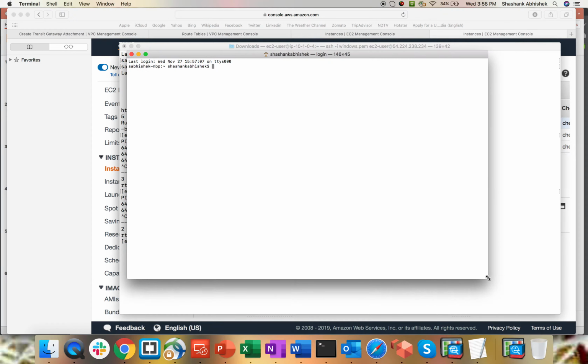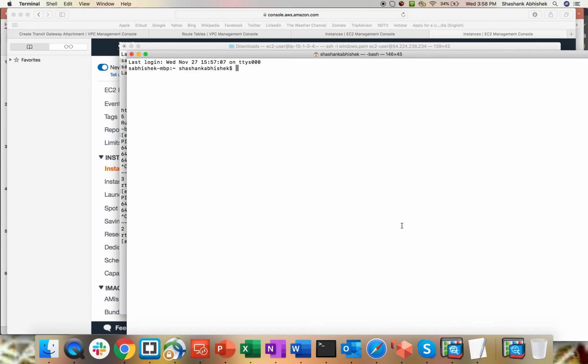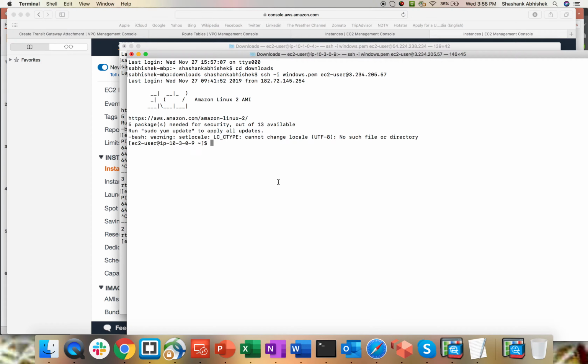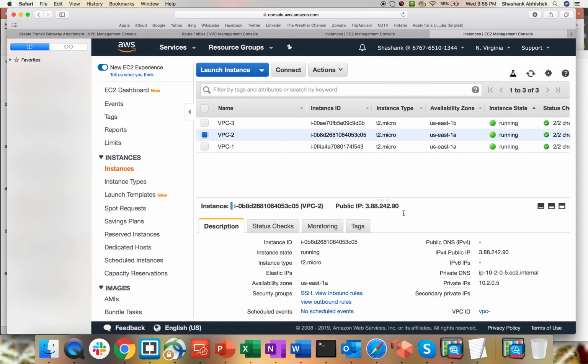So let's log into the VPC3 instance with another terminal window. Let me maximize this. cd downloads, ssh -i windows, then ec2-user at. This is the VPC3 instance. Now let's grab the private IP address of the VPC2 instance